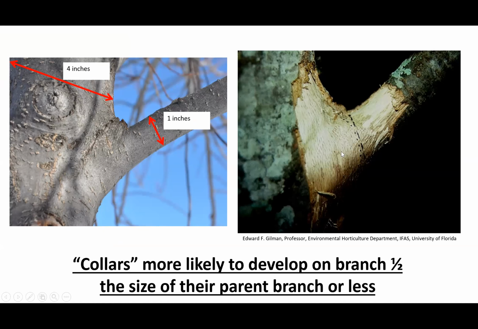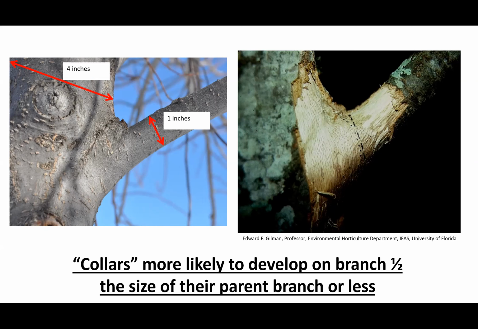And anyways, a lot of stuff comes from him. So this is from his website. He's got great stuff there. You should check it out. But you can see the grain of the parent branch bleeding over onto the lateral branch, right? And beneath that, the grain of the lateral branch is bleeding over onto the parent branch. And so that's what creates that overlapping tissue and makes it look swollen.